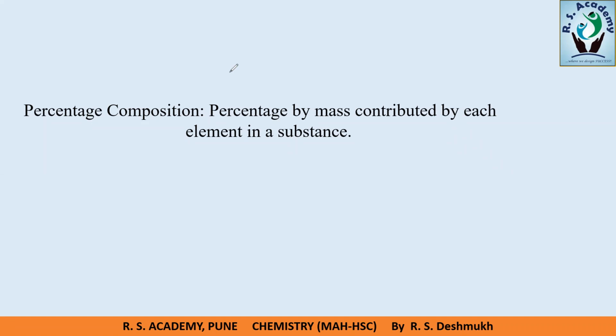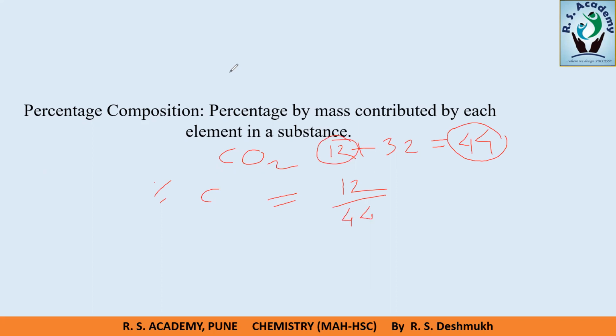Okay, that's good, sure. So if it is CO2, and if anyone asks me what is the percentage of carbon in that compound, what I will do to find out the percentage of carbon, I will say what is the carbon, how much is it, it is 12. And what is the molecular mass? That is 12 plus 32, that is equal to 44. What it indicates, out of 44, 12 gram is of the carbon. So it is 12 upon 44 into 100. I am finding out the percentage.